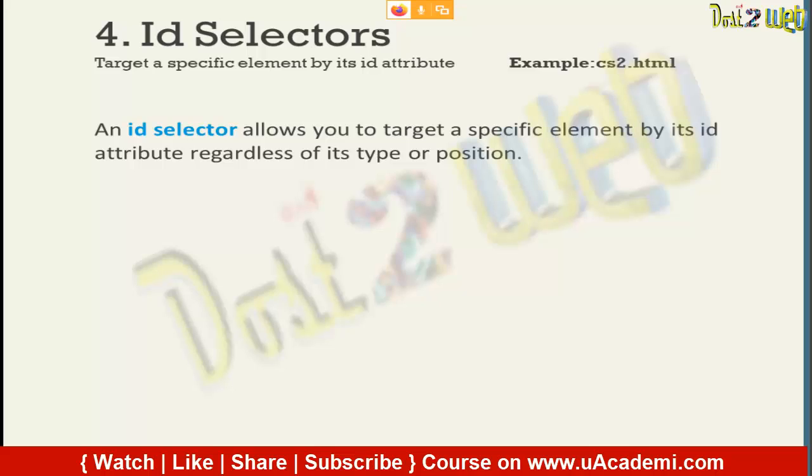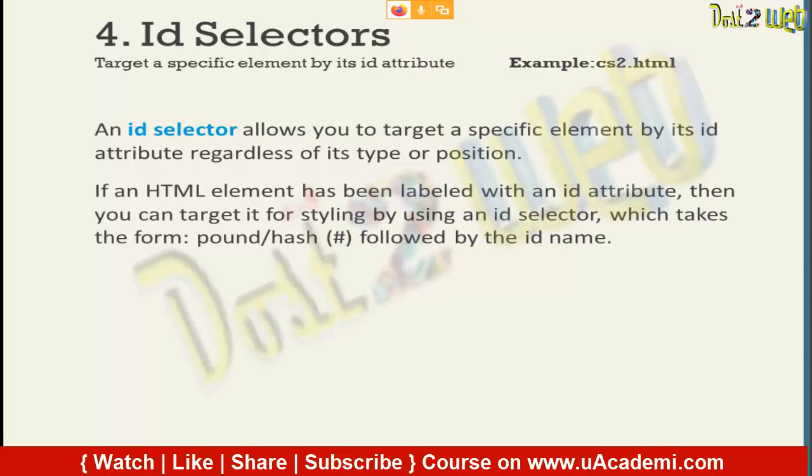The ID selector allows you to target a specific element. When you define many tags or elements in your HTML and you want to target one, you use the ID as a selector, by its ID attribute, regardless of type or position. As we have seen previously, we were using type and position. If you are using any HTML element with a label,